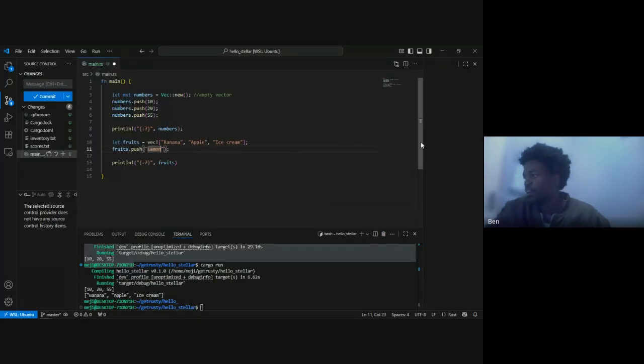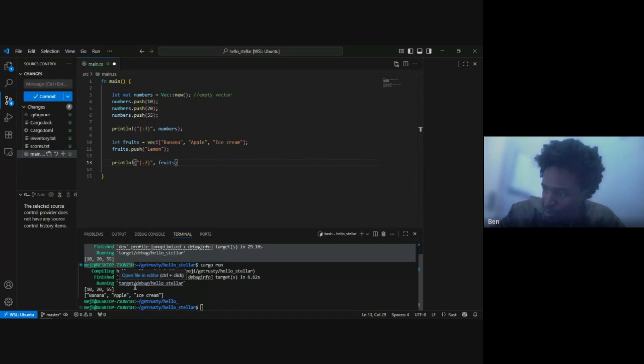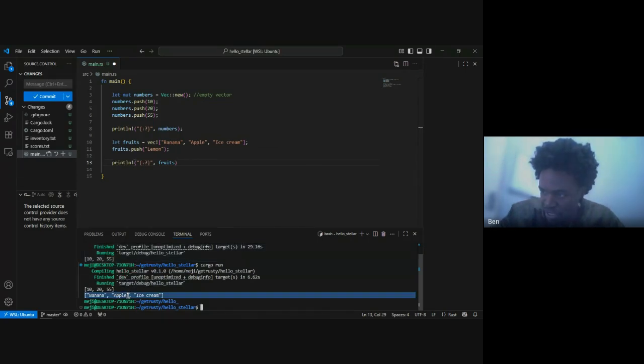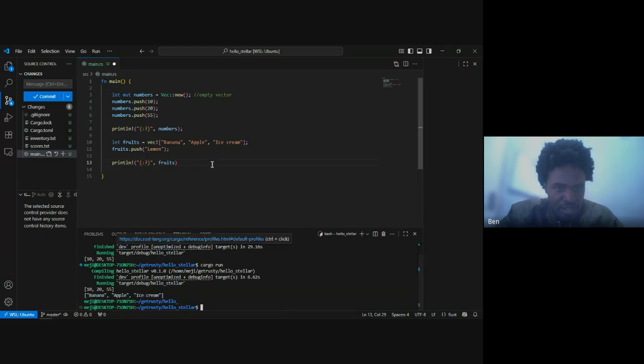All right. So the question for you guys is, if up here I add a new code, fruit.push lemon, what is going to happen at the bottom here? Like, what list is it going to print out? Is it going to give us a list of banana, apple, ice cream, and then lemon? Or is it going to be something else? And if it's something else, thank you. Yes, correct. It's going to give us an error because,